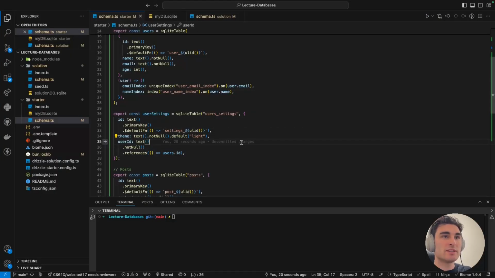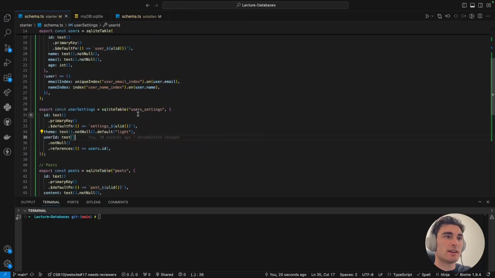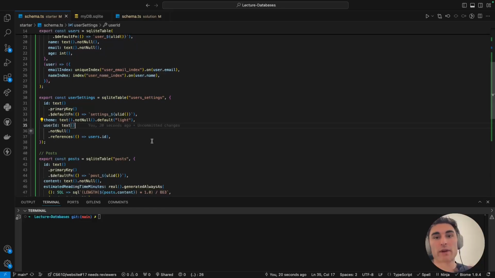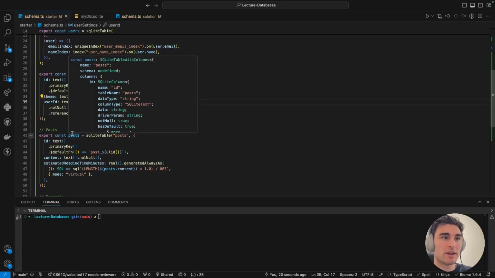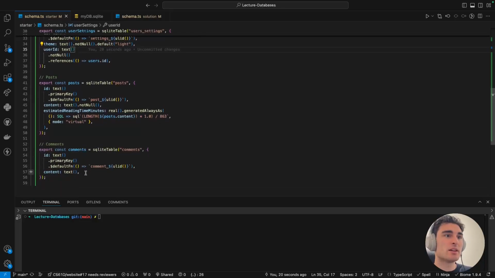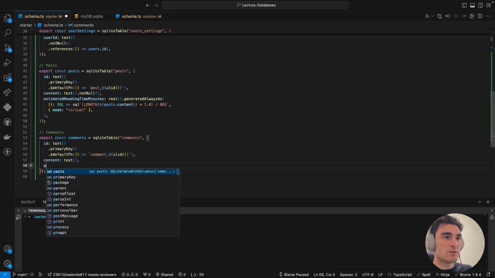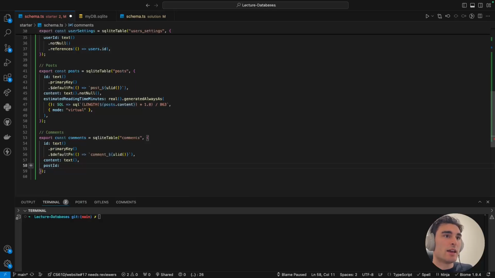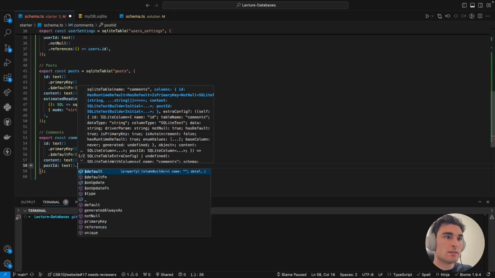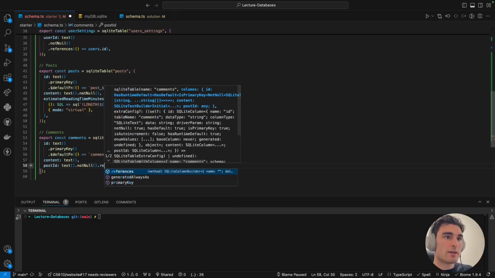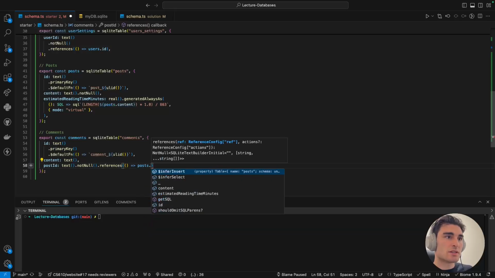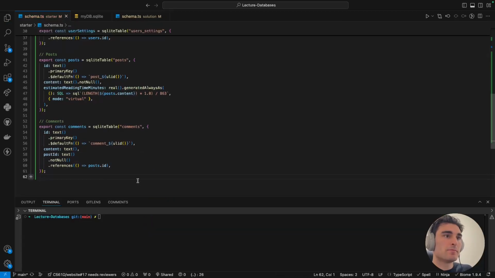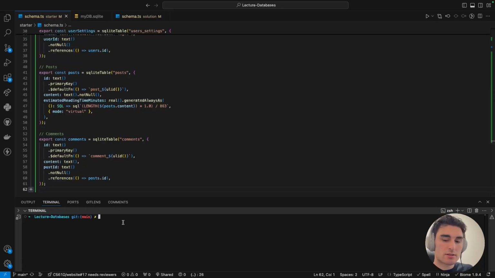Funny enough, we're going to do the same exact thing when we want to start defining a one-to-many relation. That is where you have one parent, which can have many children. So for instance, one post can have many comments, but every comment has to correspond to just a single post. What we could do is on our comments table, just say post ID and say that it is text, not null, that references posts.id, like so. And if we push this,